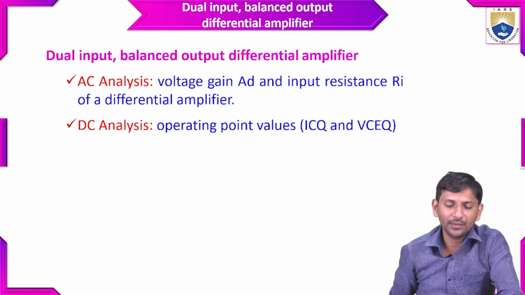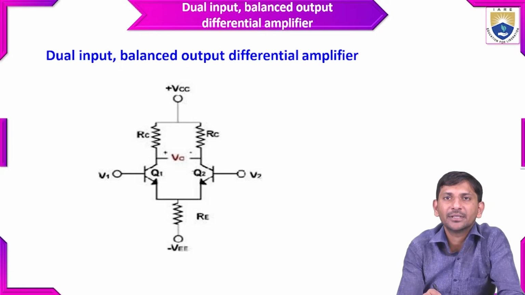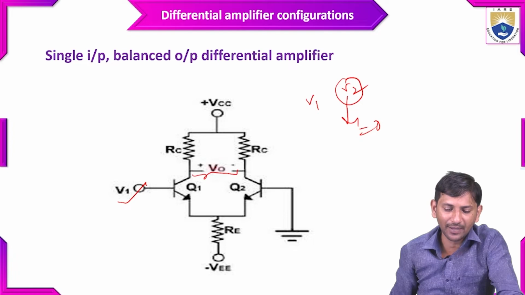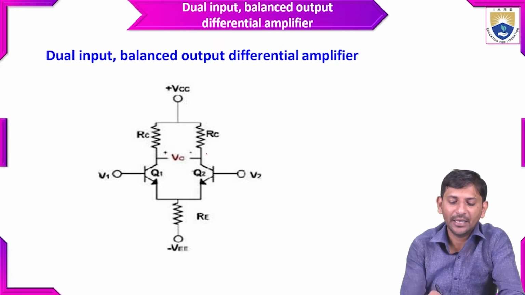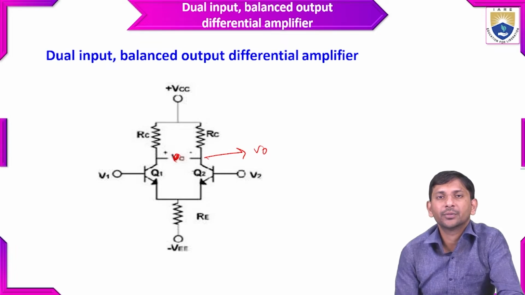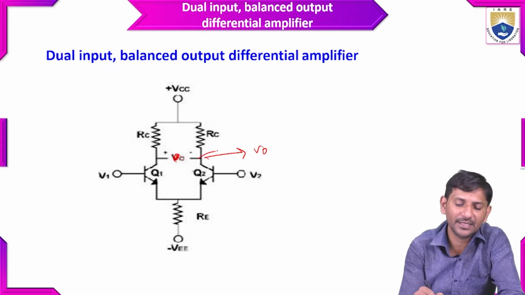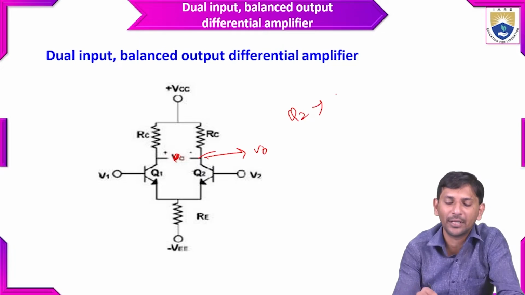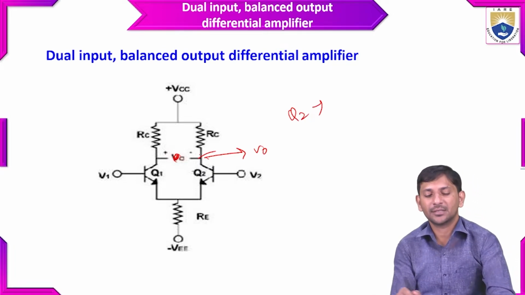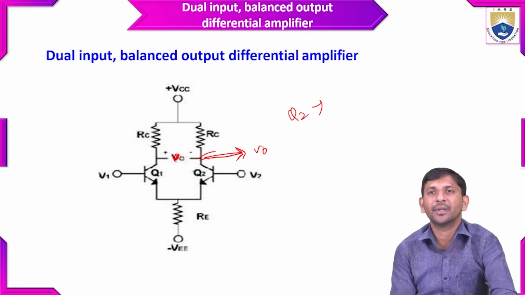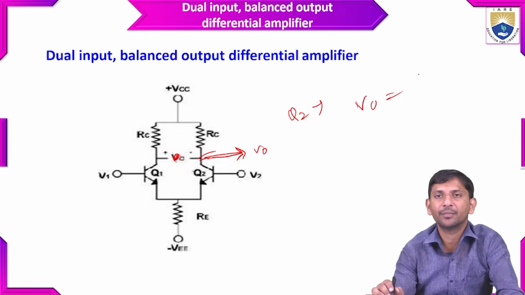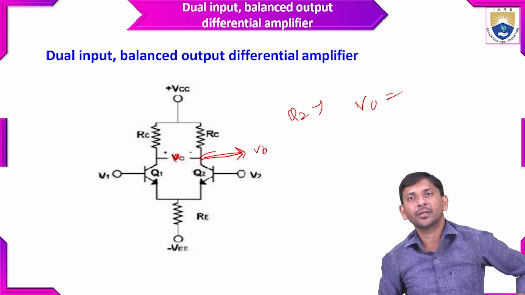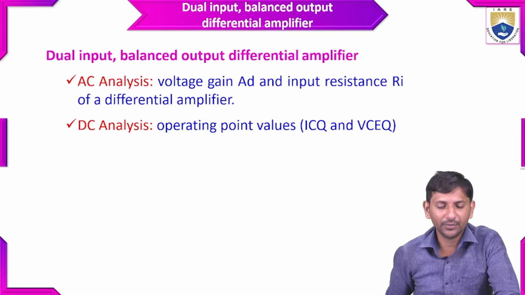And for the unbalanced one, this is the balanced one. If you observe the unbalanced one, the output is measured across any one of the collector pins of the Q1 and Q2 transistors. Let us consider Q2 as the output transistor. So I consider the collector pin of the Q2 transistor, with the output voltage across the collector pin of transistor Q2 giving the output for a single input. In such a way we see that, and next we are going to see